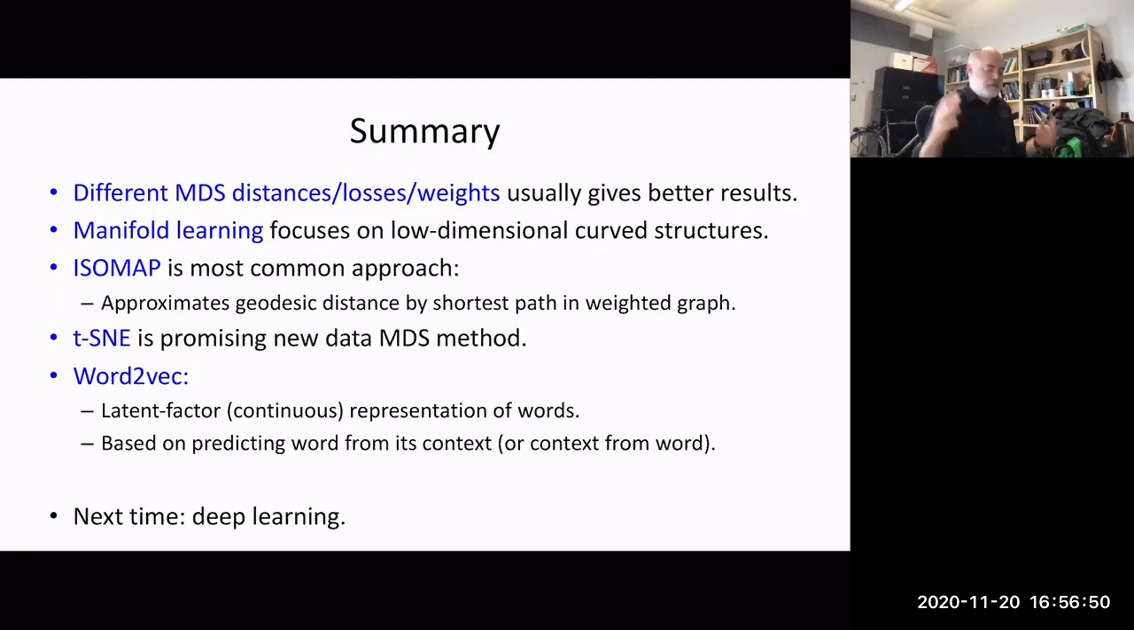MDS is just some loss function. We're doing non-parametric latent factor learning. We're taking derivatives with respect to the z's. You can stick in all kinds of different distance functions, losses, weights, so on and so forth, and you can get some pretty cool results